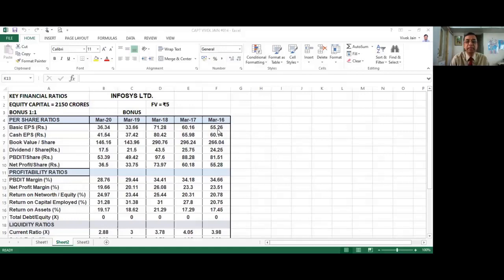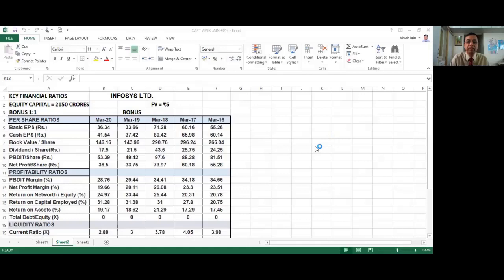The EPS has been increasing gradually, and then after taking a dip due to the bonus, again on 31st March 20, it increased slightly and ended at 36 rupees 34 paise. Book value per share also increased from 266 to 290 or 291, and then after the bonus, book value becomes half because it was a 1:1 bonus, and book value again came down, and in March 20 it settled at 146